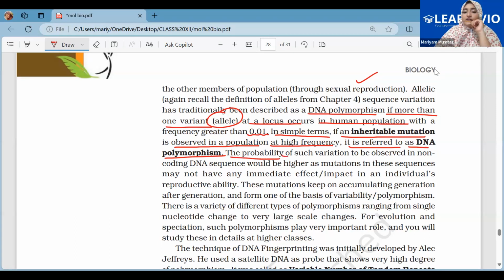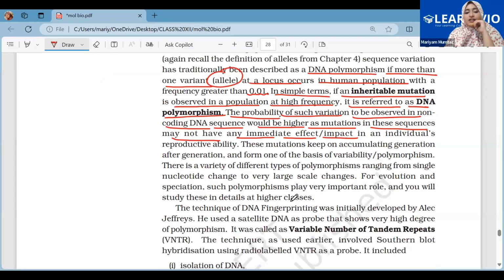Now, the probability of such variation to be observed in non-coding DNA sequence would be higher, as mutation in these sequences may not have any immediate impact. Meaning, only those mutations are going to be inherited which are not detrimental. You understand the meaning of detrimental? Meaning which is not harmful to the human being. Now, these mutations keep on accumulating generation after generation,